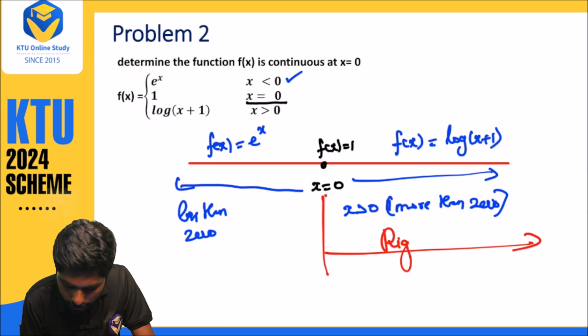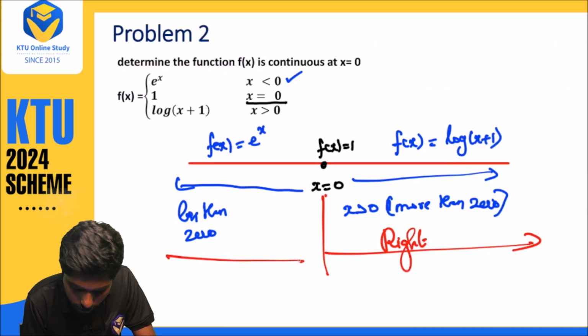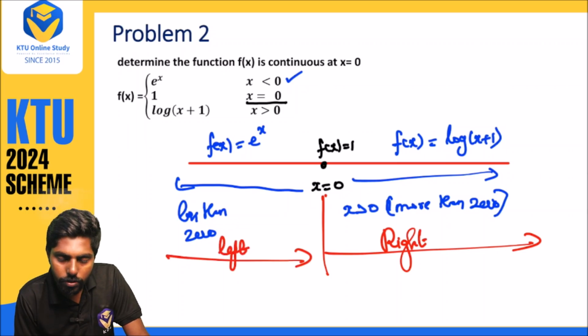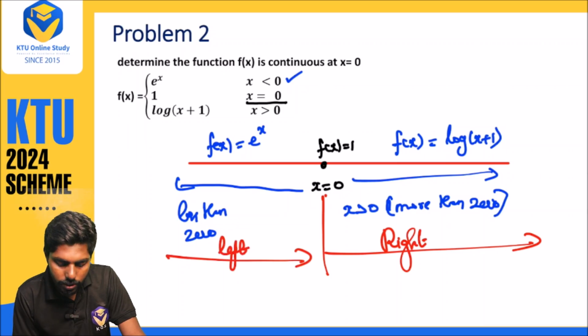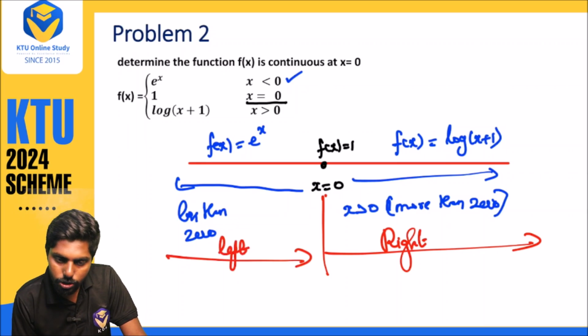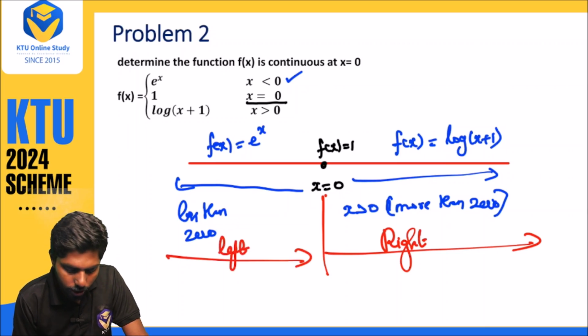This is the right side. And this is what side? This is the left side. So we have drawn the image. Now it is very easy to conclude. Now we have drawn the image. So from our diagram even we can take the information. What are the information we can take?